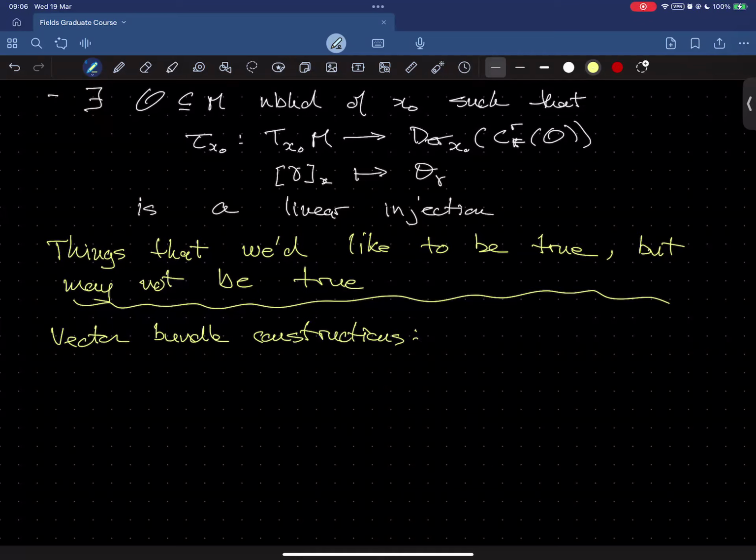Okay. So we talked about various ways of taking existing vector bundles and producing new ones: products, direct sums, pullbacks, subbundles, things of that nature. And there were things there that I didn't talk about that you may want to talk about and are kind of natural to talk about. Okay, so if E, pi E is a vector bundle,